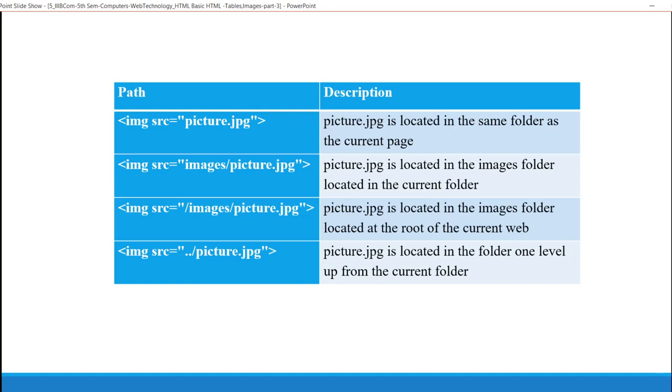Next, image source equals to /images/pictures.jpg. This picture.jpg is located in the images folder located at the root of the current web. And the last one is image source equals to ../picture.jpg. If you observed in my example program, I specified the elephant image with this path only, ../elephant.jpg.